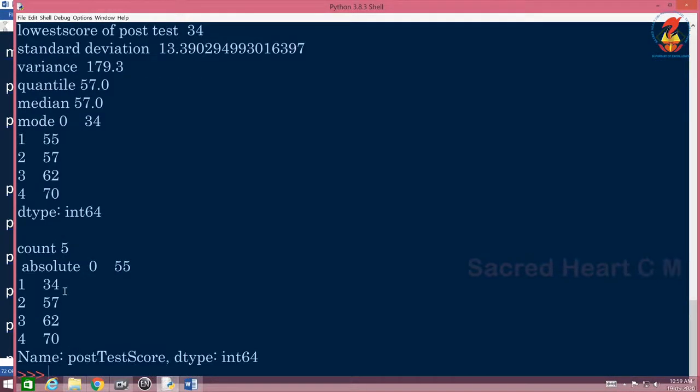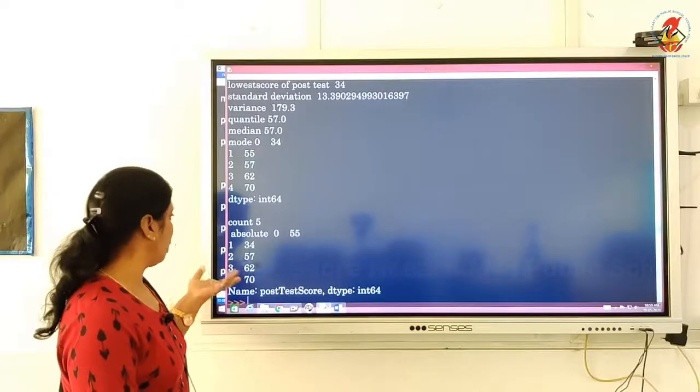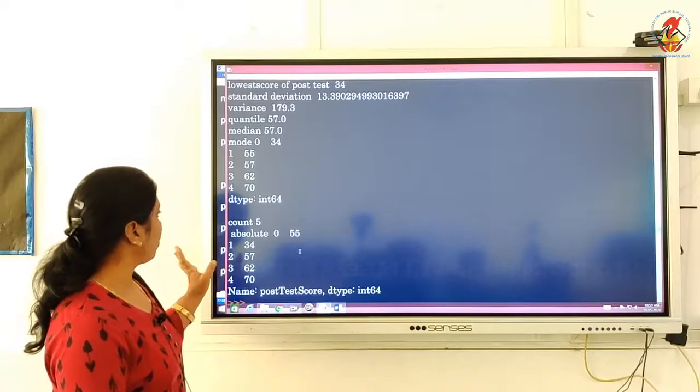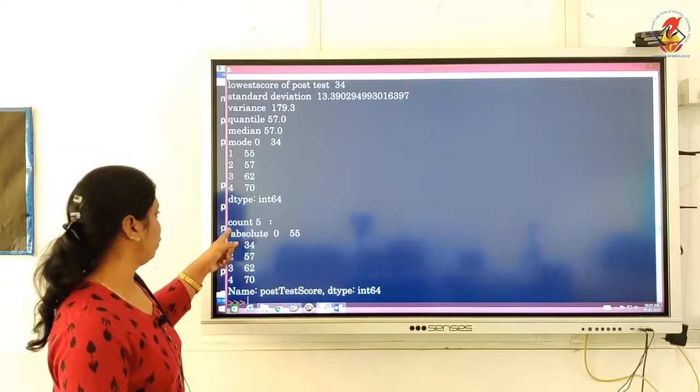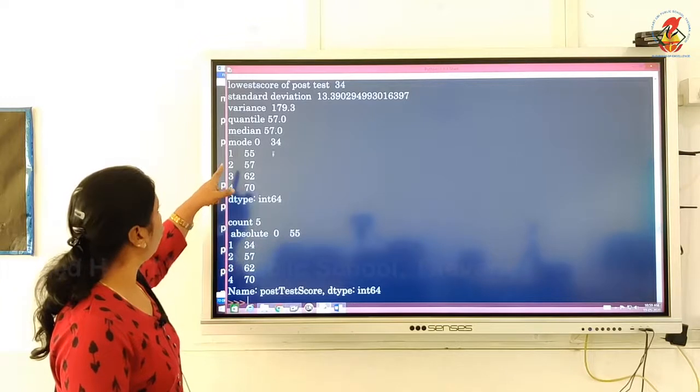see the last one, the absolute value. What is the absolute value doing? Negatives are removed. There is no negative here, so negative won't be displayed. And then count equal to 5 is coming, because 5 is the count. Mode, see,